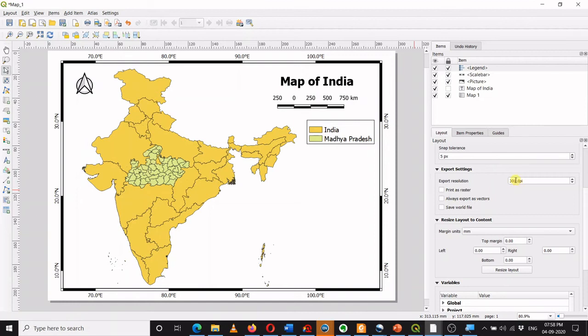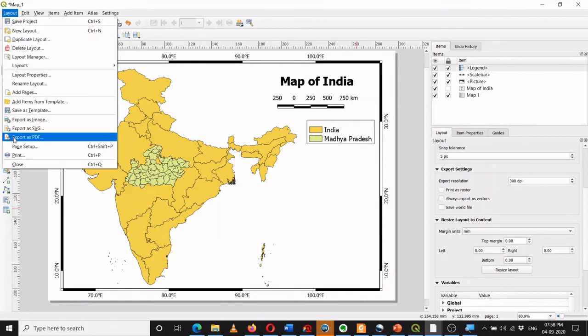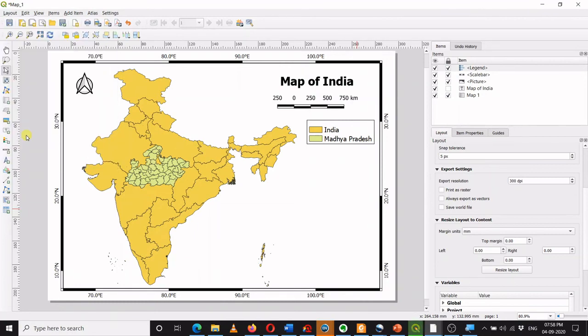If you reduce the dpi, then the image will get distorted because of the resolution. So don't change this. If you want a more refined image, or if you want to print this map on a larger size canvas in reality, then go for 600 dpi, but 300 dpi for normal purposes is sufficient for A4 size. Then we'll export this. The options are also available over here. Export as a PDF.